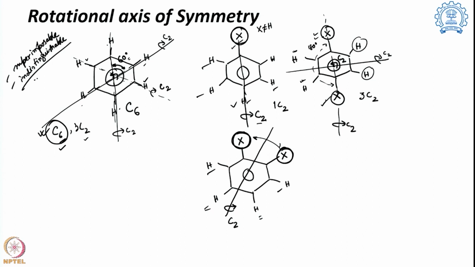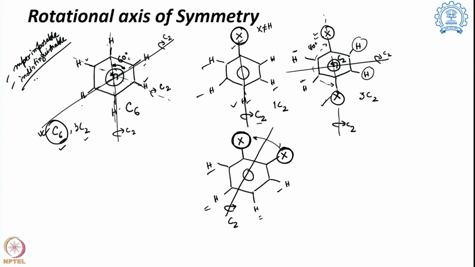So that is what a rotational axis of symmetry is. Important take-home message: you have to find an axis around which the rotation will happen. You try to find how many degrees you have to rotate, and because it is a 360 degree system, you have to rotate by an angle such that if you divide 360 by that angle, you get an integer. Whatever the integer n is, you say that it defines my axis of rotation as Cn